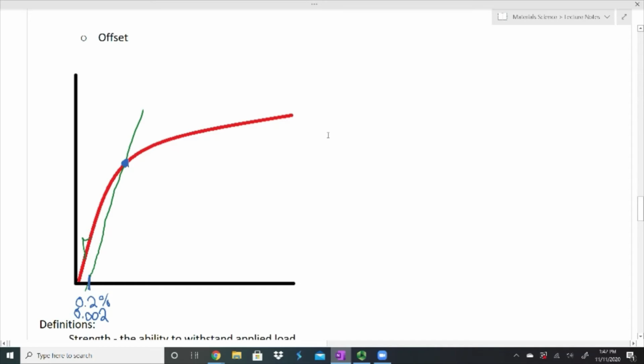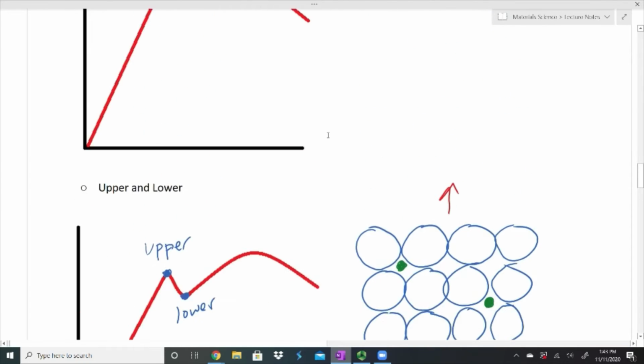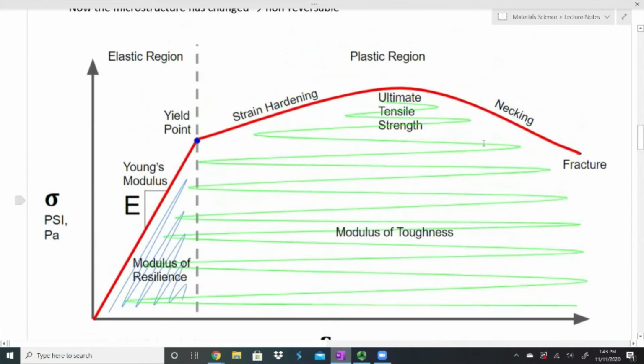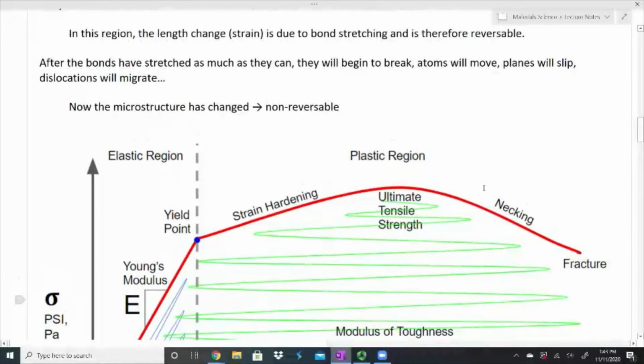I did want to talk quickly about what's happening in this necking region. I had a nice picture drawn up and I forgot to copy it over, so now you're going to have to deal with my crappy drawing. But what happens in this necking region is as we're pulling our material apart,